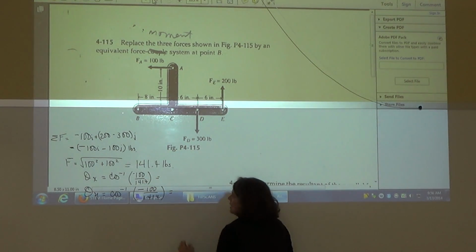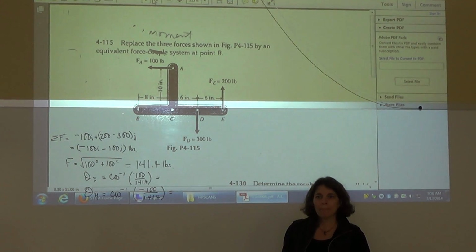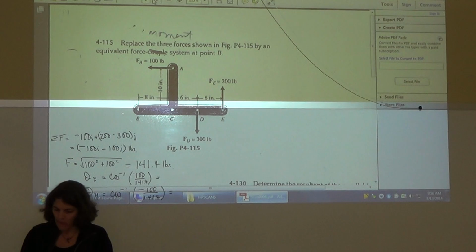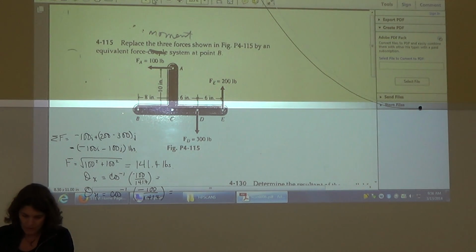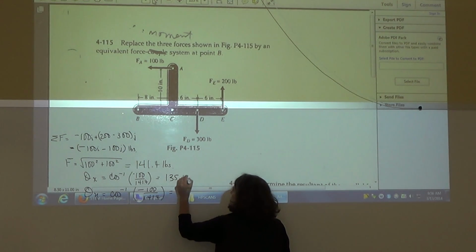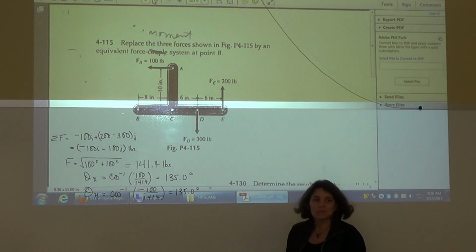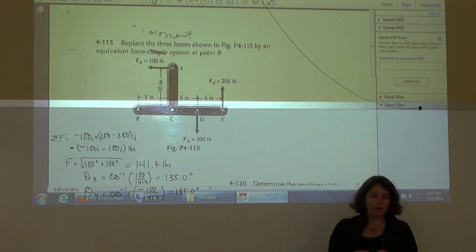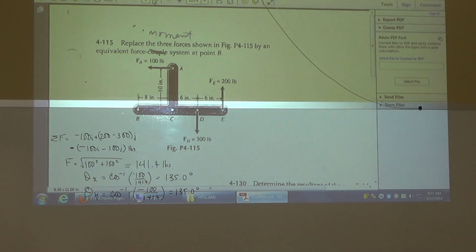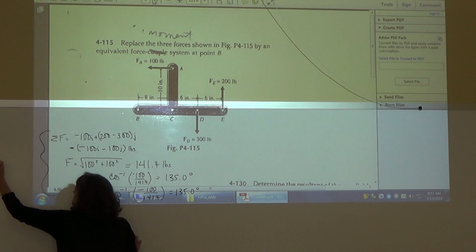No, that's good. Okay, and what does the theta angle turn out to be? Jill, what did you get? I haven't gotten anything yet. You got 135. 135.0 degrees and 135.0 degrees. So I found the resultant force. So point with your hand which way the force is going. It's going down to the left, right? It has a negative 100 and a negative 100. So this is showing me the resultant